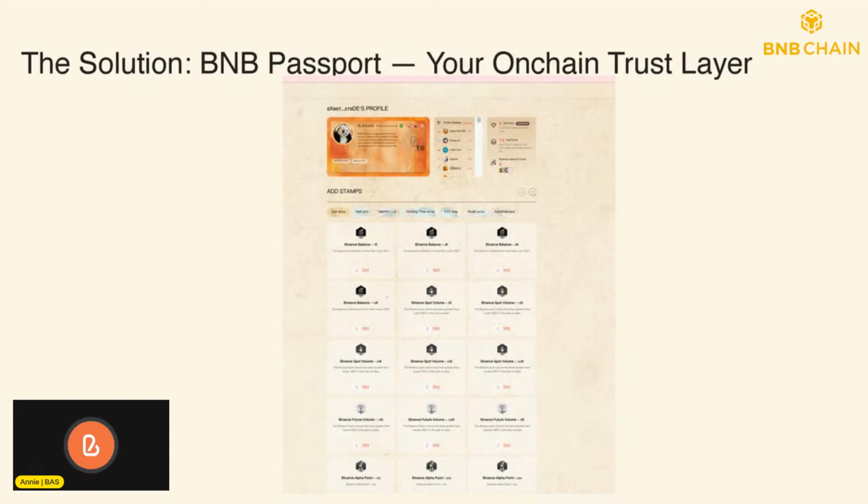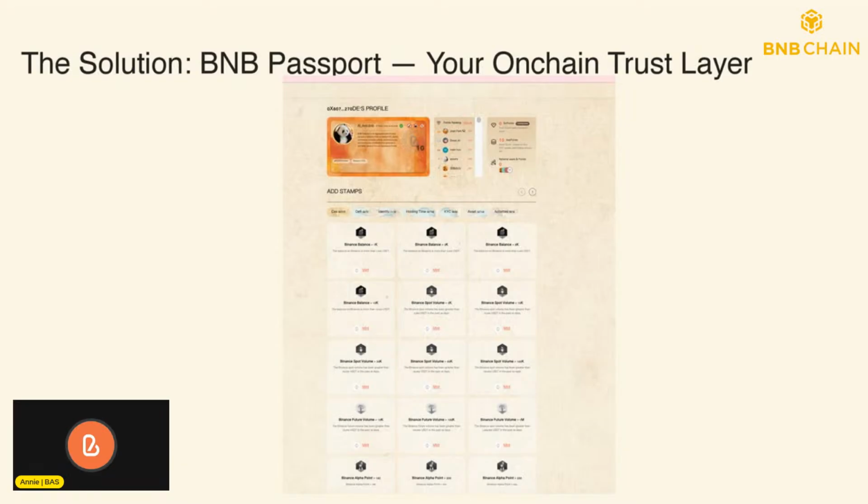With BNB Passport, you can build anti-Sybil whitelists that are actually hard to game, design a community reward system based on real reputation, not just retweets, and enable AI-human collaboration where agents know they are working with real trusted humans.